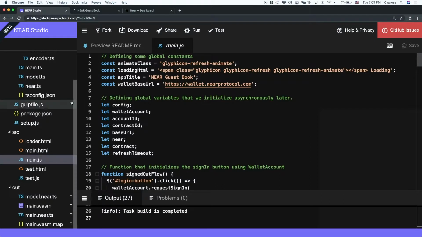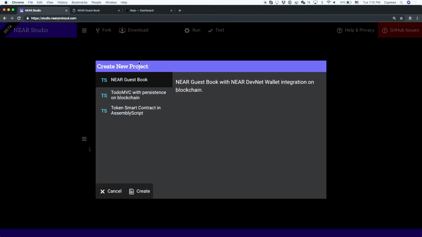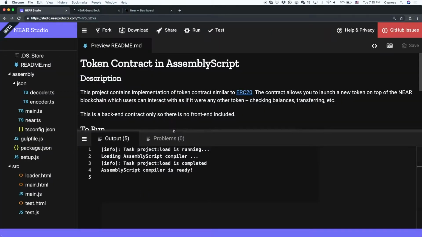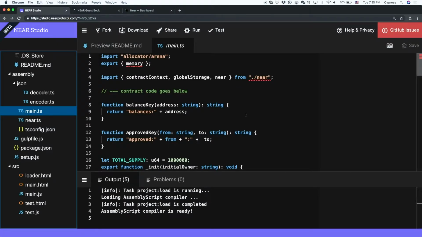All right. So just to kind of go over another example. So let's build an ERC20, right? So who's here familiar with ERC20? Alright, so for people who are not, ERC20 is pretty much a